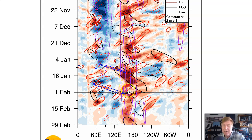And then it faded. Today, the dotted contour, this is the inactive phase, but it looks like a pretty weak inactive phase. Only one contour setting up today in the Kelvin wave generation area. By February 15th, it's supposed to be moving out of the Kelvin wave generation area, but what's also interesting is westerly anomalies are supposed to continue. Normally when you get the inactive phase of the MJO, like here, you see the westerly anomalies die, and the blues or easterly anomalies even set up. Well, there's a little area of easterly anomalies there, but westerly anomalies holding in the Kelvin